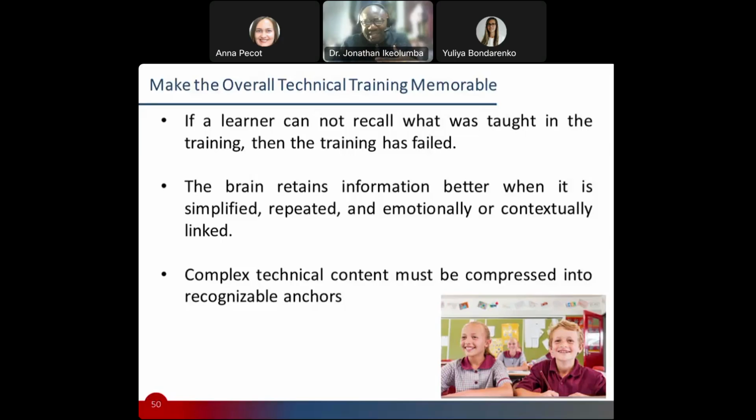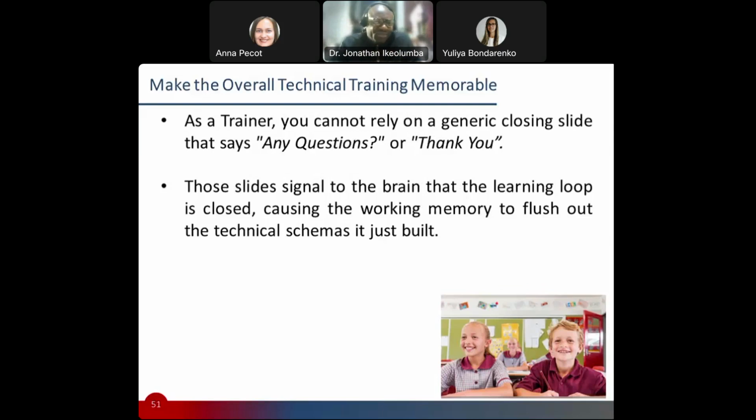So one of the things that we must be very intentional about in terms of this overall training experience is to make sure that we look for recognizable anchors, right? Those things that allow us to pass the messaging, right? Those recognizable anchors. I don't think a generic training or a technical training should have generic comments like, have you got a question for me? Any question? I think we should probe the questions in itself. Generic terminologies or generic questions shouldn't work when it's a technical training, right?